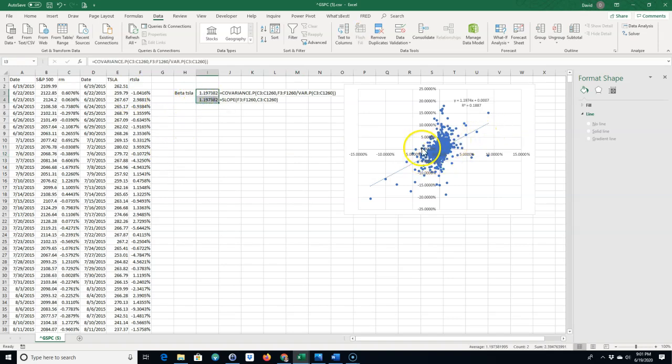But you can see here, by looking at this visually, this R squared is very low, and if R squared was really good, all these dots would line up along this line, because this line is the best line to fit this data. And you can see this data is all over the place. So that's why this beta is probably not a very good beta. You know, mathematically you can calculate beta on anything, but with that low of an R squared, it's not very good. All right, so now we have beta, and we also want to do the expected return